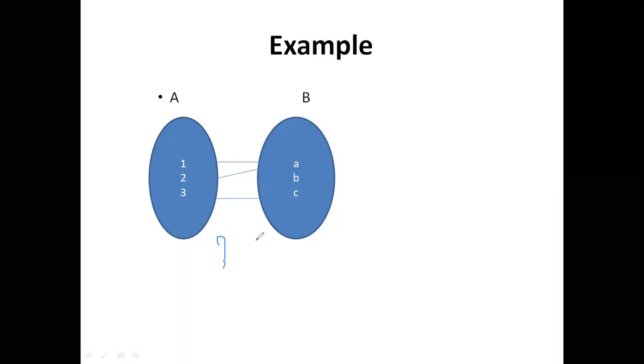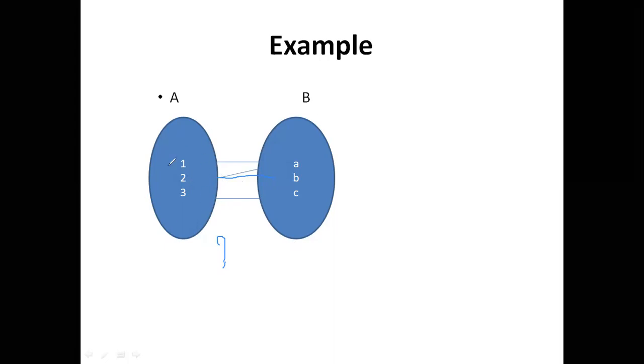So we can say this is a valid function, because according to the definition we are focusing on the elements of set A. Two elements of set A can pair with one element of set B, but one element of set A cannot pair with two elements of set B according to the definition. So if we draw a line like this to b,